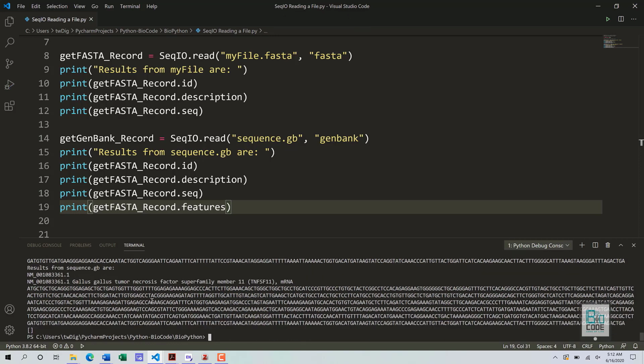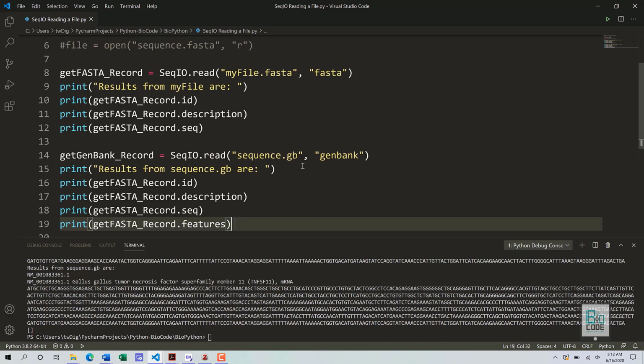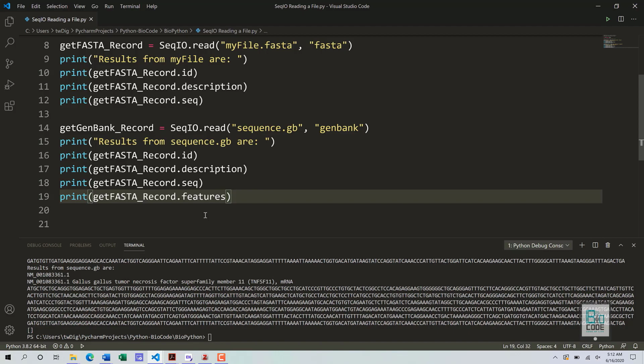Let's make it features so we can extract some separate information as compared to the FASTA format. And after running, okay, I think there's some issue. It looks like there are no features for this particular GenBank file. So that was all. In the next videos, this is basically a simple